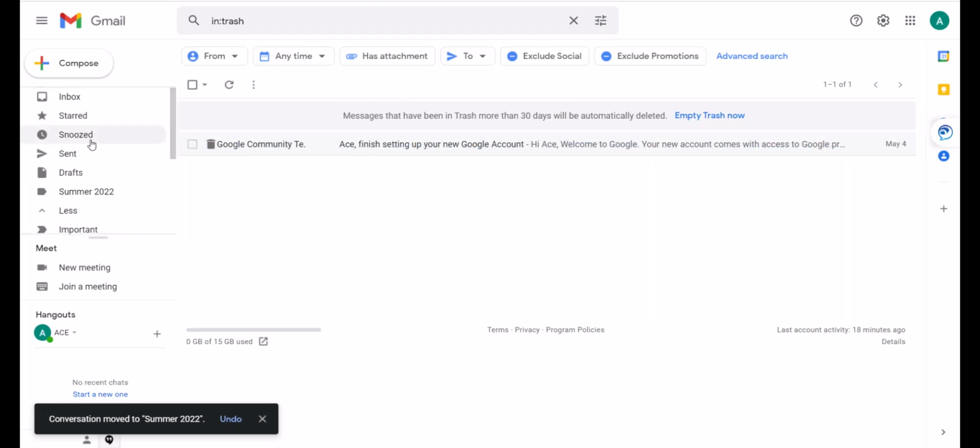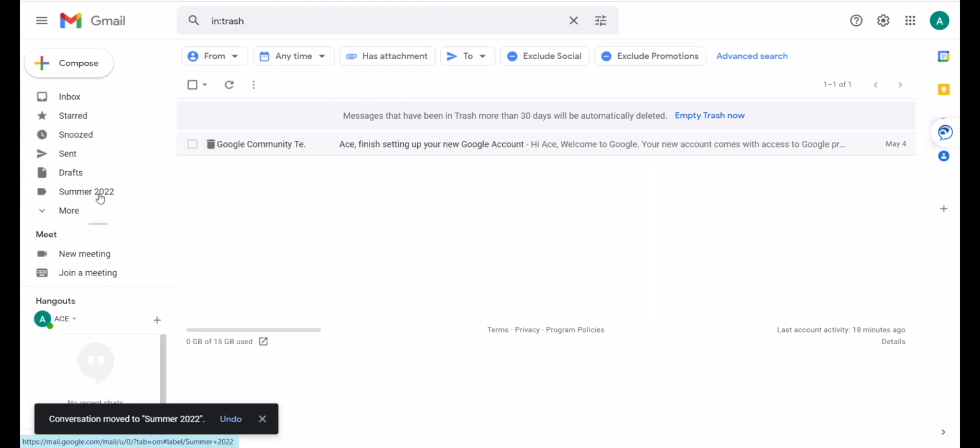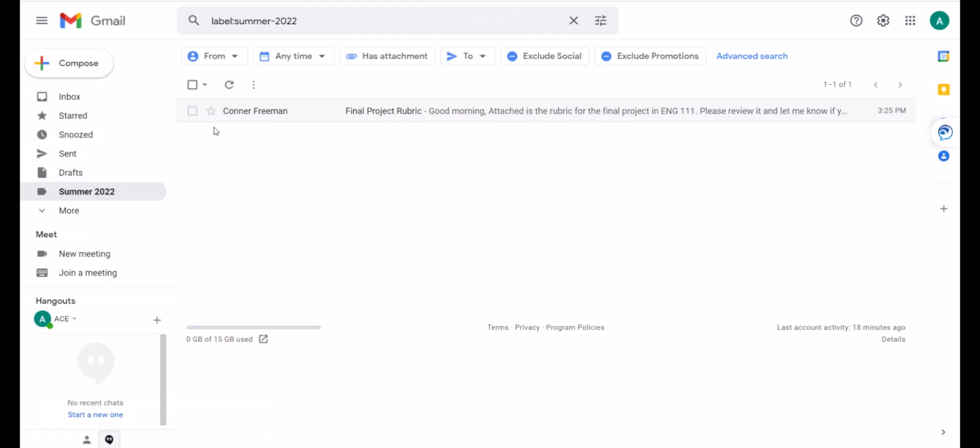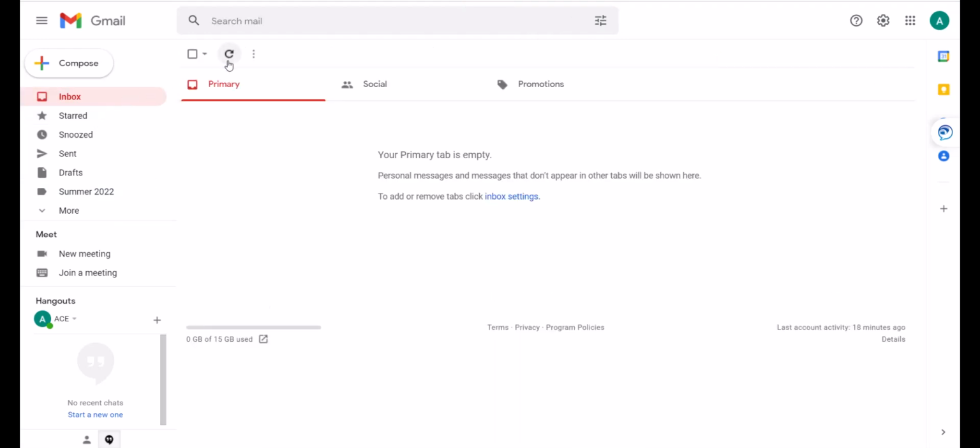You will have 30 days to retrieve deleted emails. When those 30 days are up, deleted emails are automatically deleted forever. You can also star emails that are important, making them easily accessible in the future. These emails will show up under the Starred tab in the Mail menu. To get the most up-to-date look at your inbox, click the Refresh button located to the right of the Compose